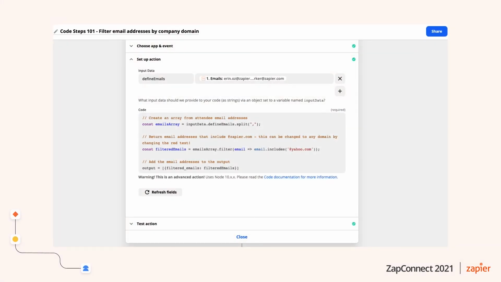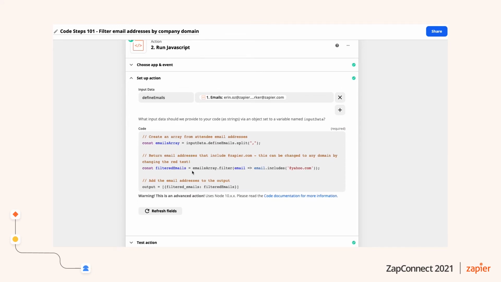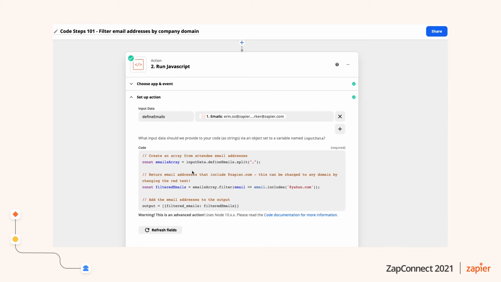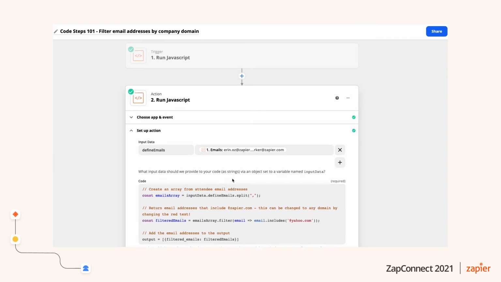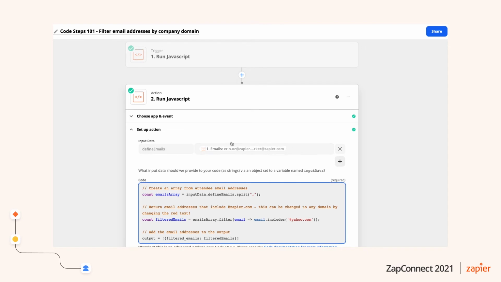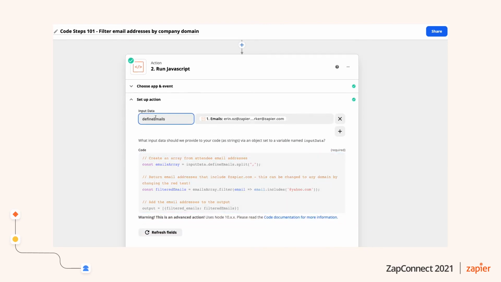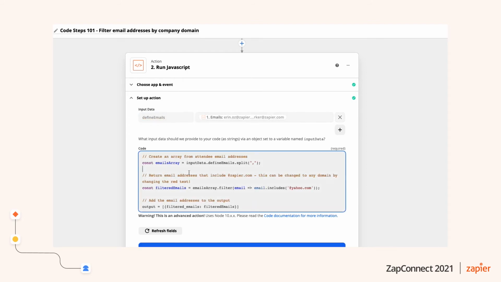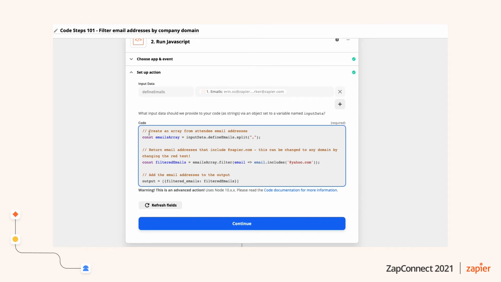All right, so similar to our other Zap, this shared Zap has some code and things already in here. So we can see that I have a set of emails that are coming in from the test data. I have entered them into the input data and named that as define emails because I'm defining the emails and I'm very clever. So in the code here, first we create an array from the attendee email addresses